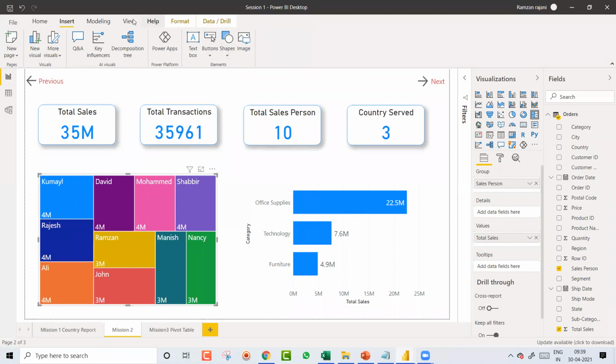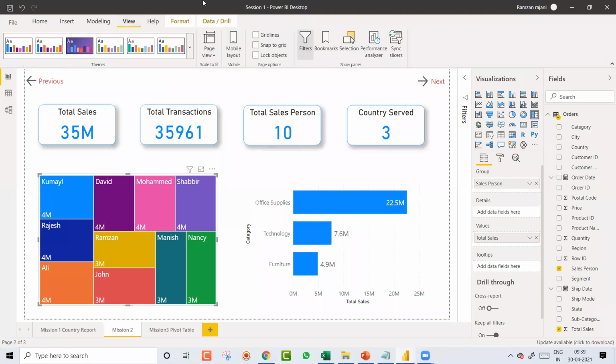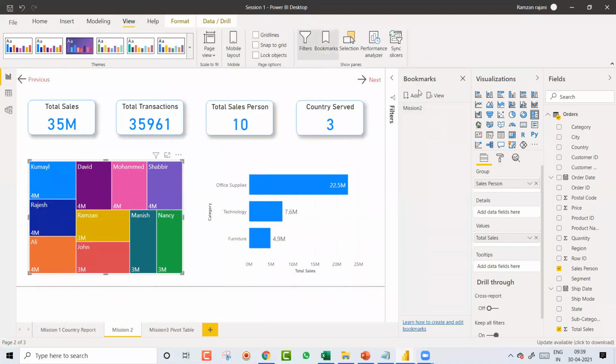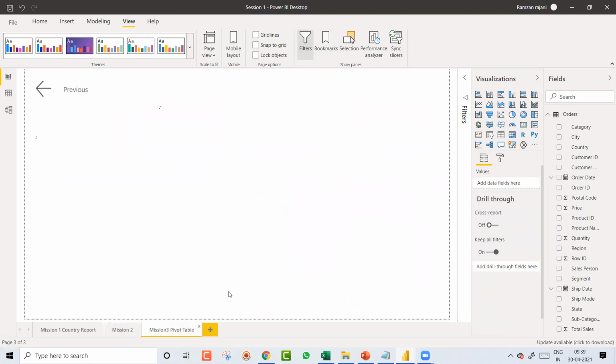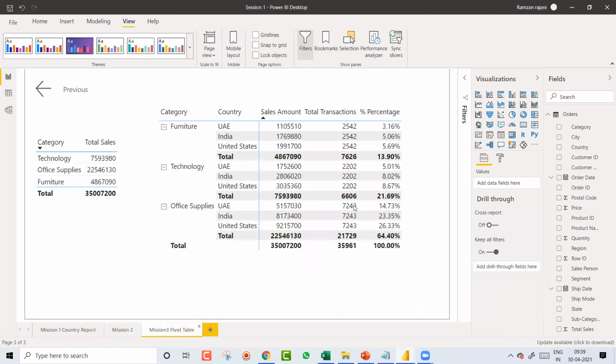So we learned yesterday how to go to the view and click on a bookmark and create a bookmark, and then we link. And there was one more interesting thing which we did yesterday. That was how to create a matrix visual to create something like a pivot table,